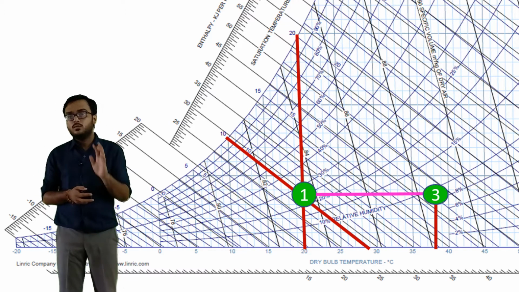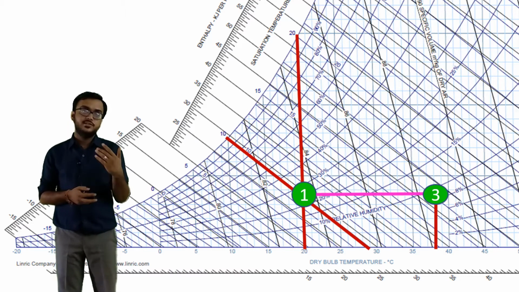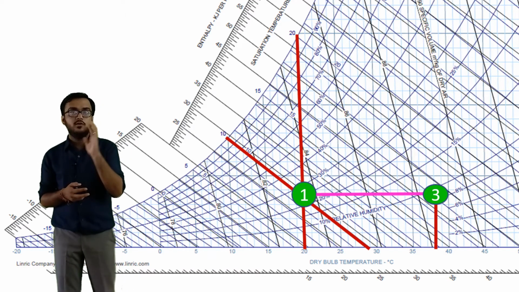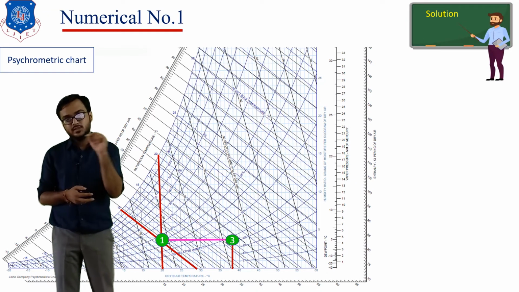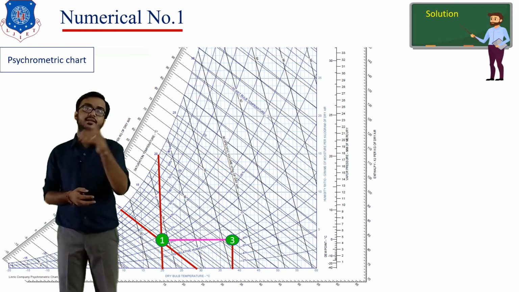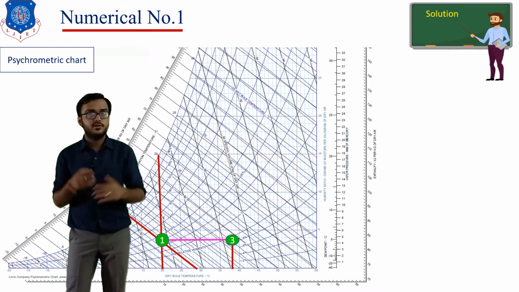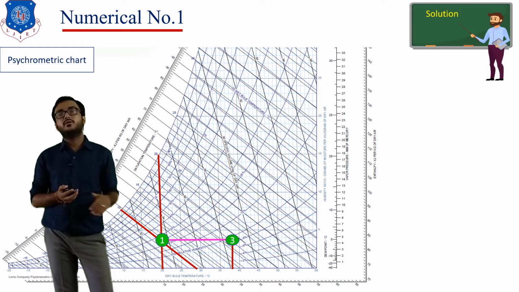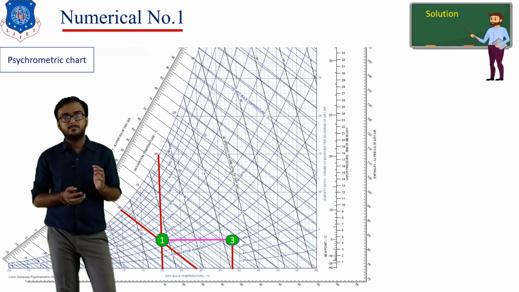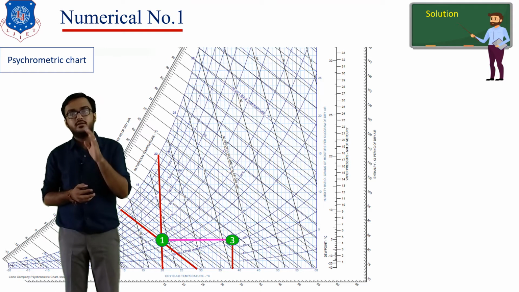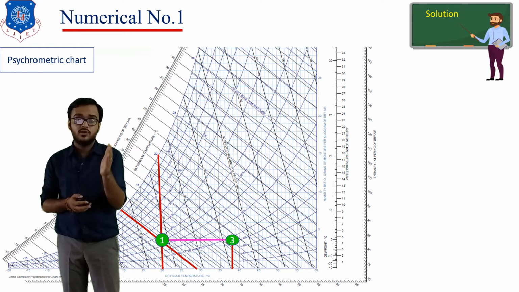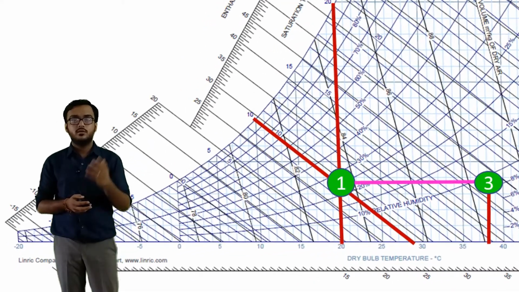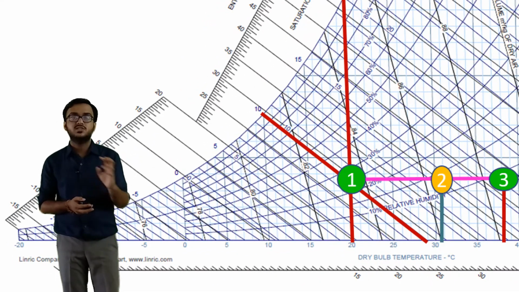Clear? Now, as I told you, we have the bypass factor, and based on the formula we calculate the value of TD2, because bypass factor x is equal to TD3 minus TD2 divided by TD3 minus TD1, the formula we already derived in our previous class during the discussion of bypass factor. So calculate TD2 and locate the dry bulb temperature at the outlet of the heating coil on the psychrometric graph. So here we have point number 2 based on the calculation from the bypass factor.